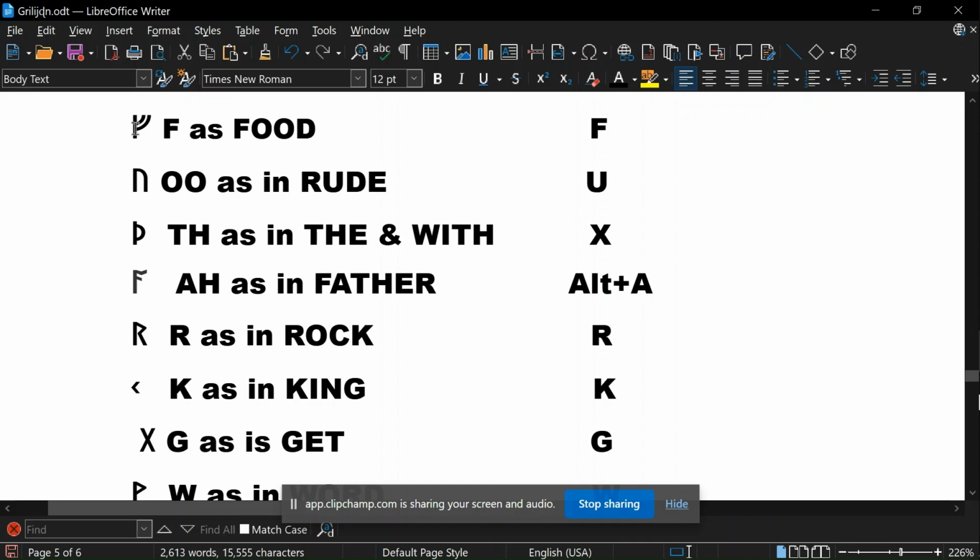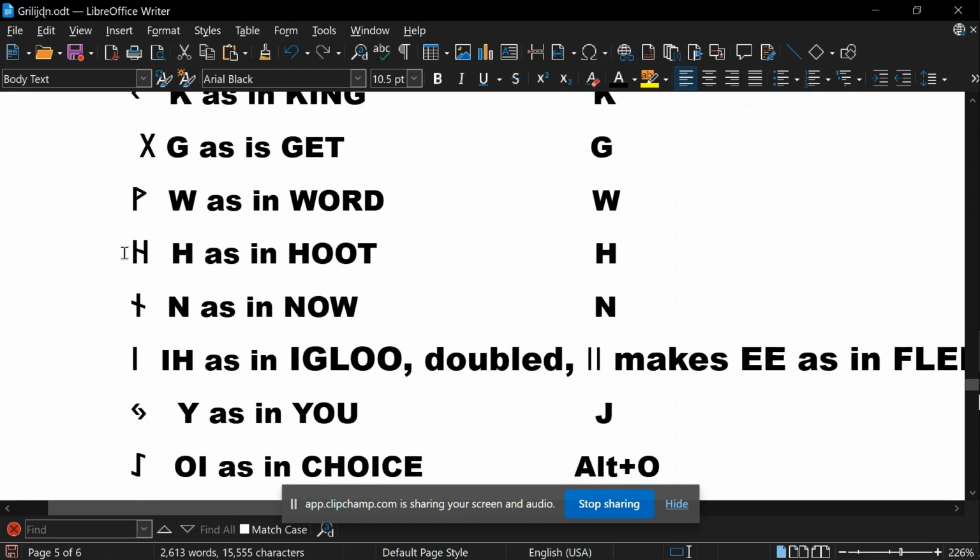So I don't know the names of these runes, but I'm just going to call them by their sounds. The f as in food, oo as in rude, th and th, the voiced th and the unvoiced th, ah as in father, r as in rock, k as in king, g as in get, w as in word, h as in hoot, n as in now, i as in igloo, and if you have two of them next to each other, it makes E as in fleece, Y as in you,